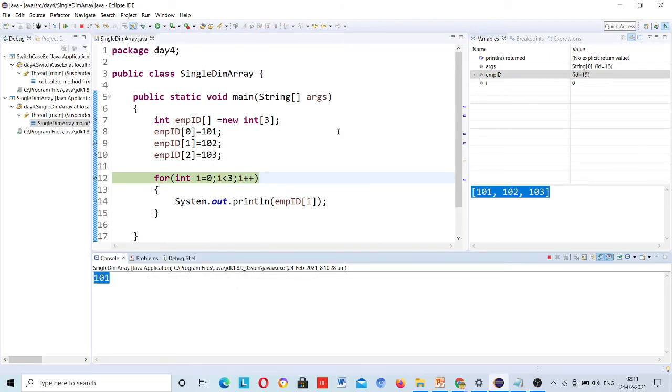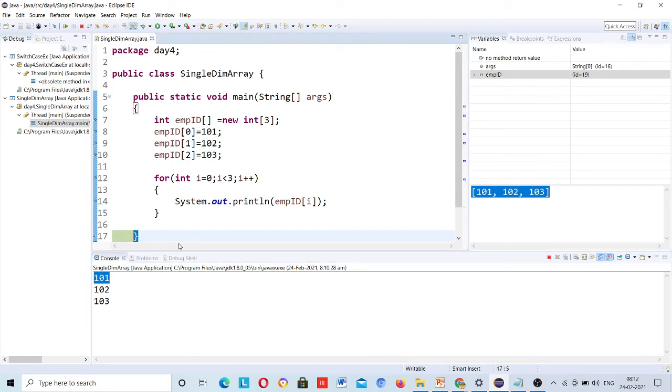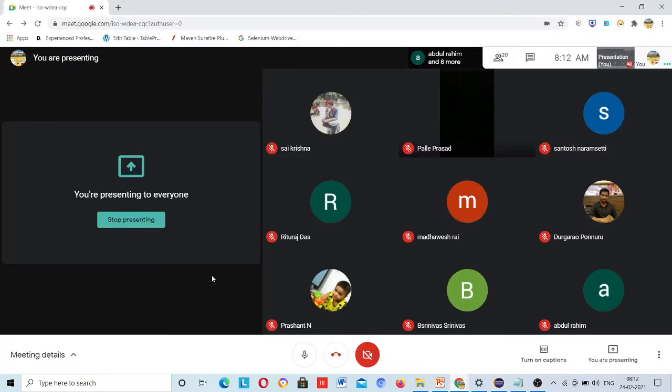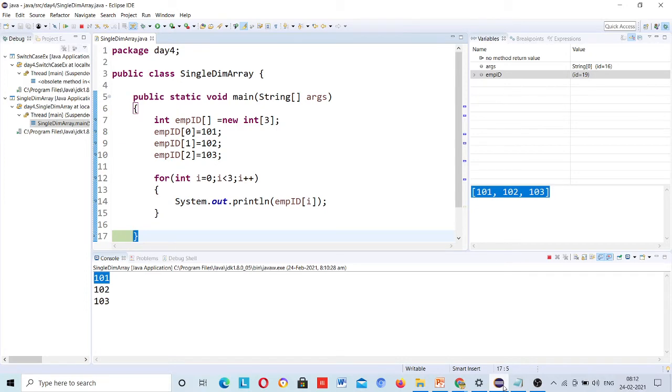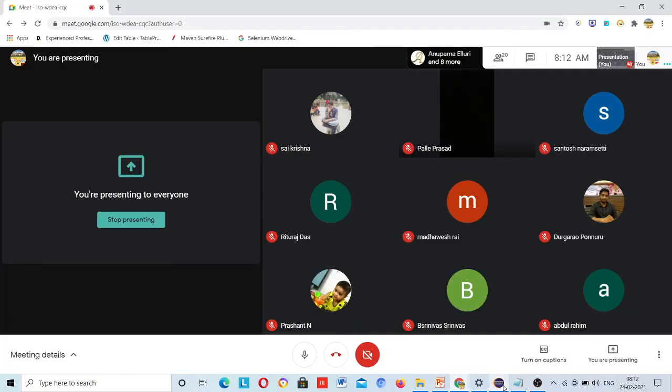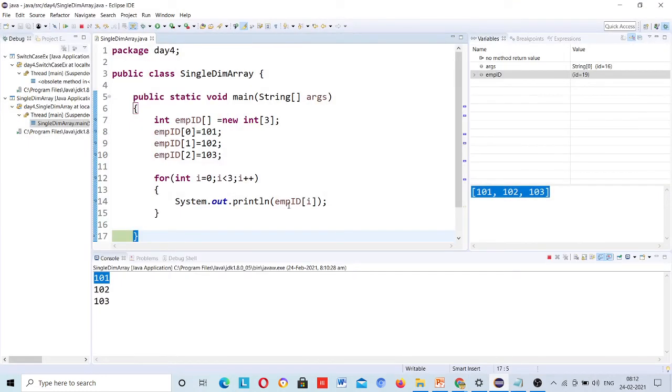And just like that until the I condition is false. Now I see, then it came out of the loop. This is your single dimension. Have any doubt here? Then perfect.